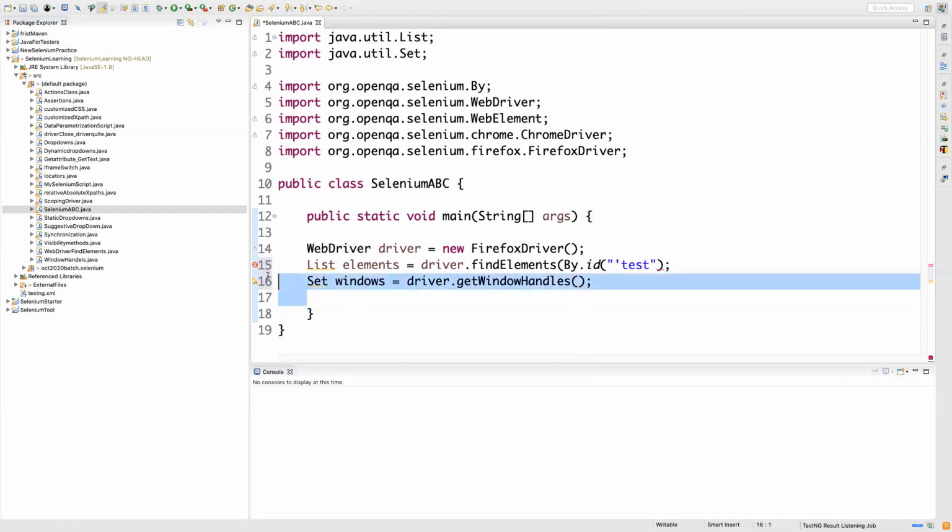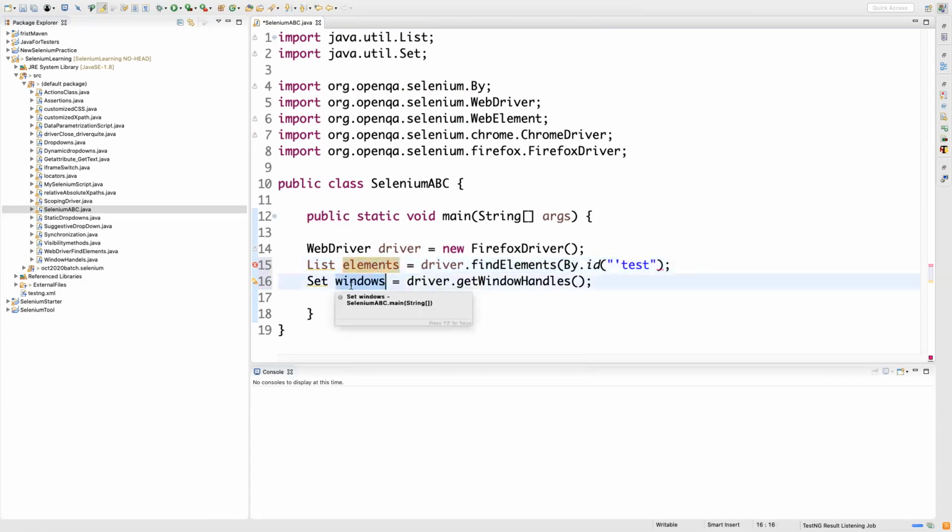Now this is the overall justification, guys. You need to understand why find elements is returning a list, because it allows you to store duplicates. There is a possibility that a page or an application can have two buttons with the same ID, or two similar elements, and we are interested to get all of them and iterate and do whatever we want. We want to find out how many buttons are there matching this, give me that in a container, even though they are duplicates, then I'll do whatever I want. So that's why it returns a list. We capture all of them in a list, and using an iterator, we go over them.